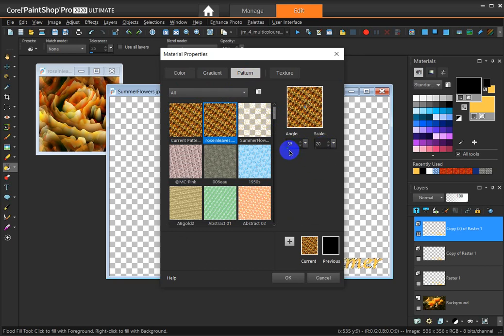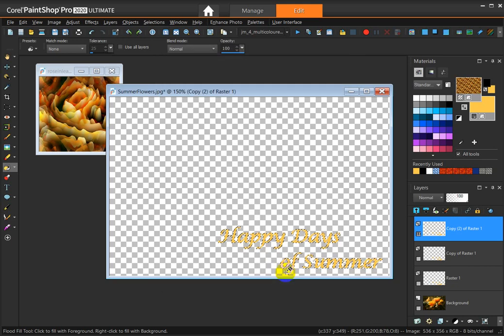You can use any number in here that you want to make any size and angle, but it's really fun to mess around with this and see what you come up with. But I'm starting out with this for my first layer, so I click OK,